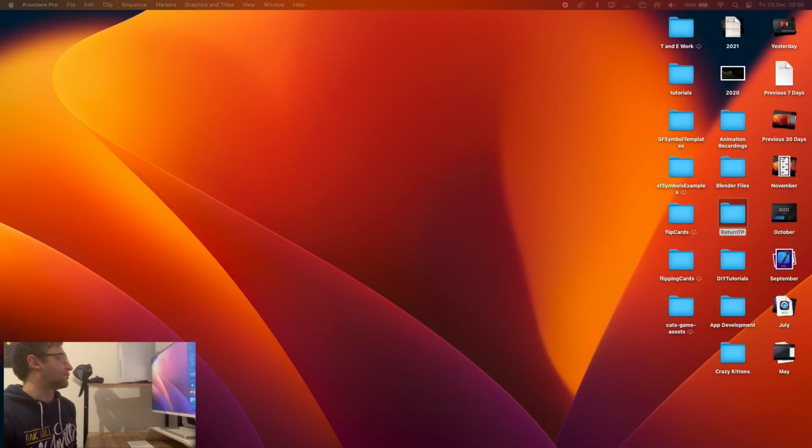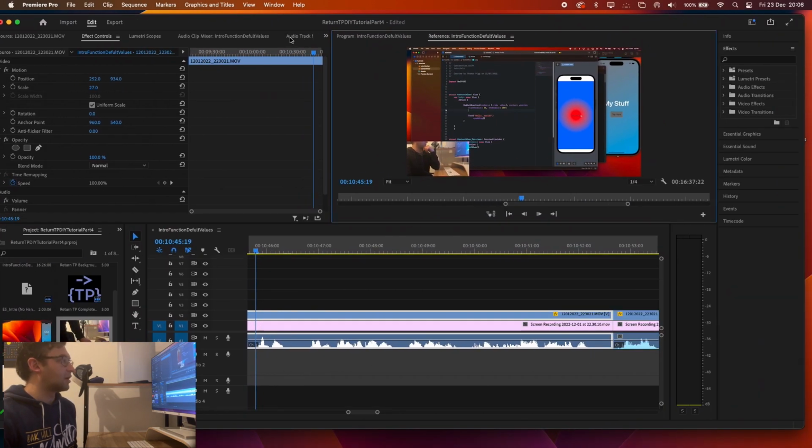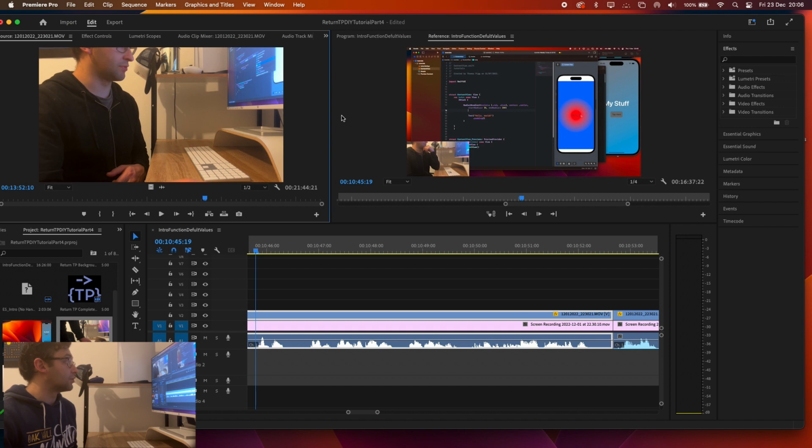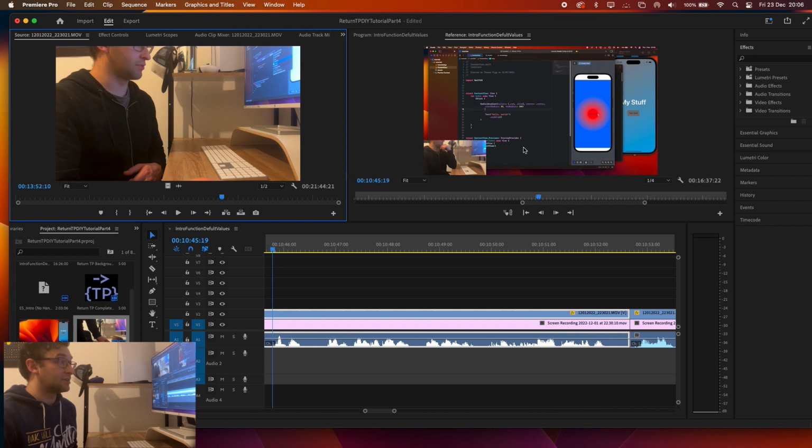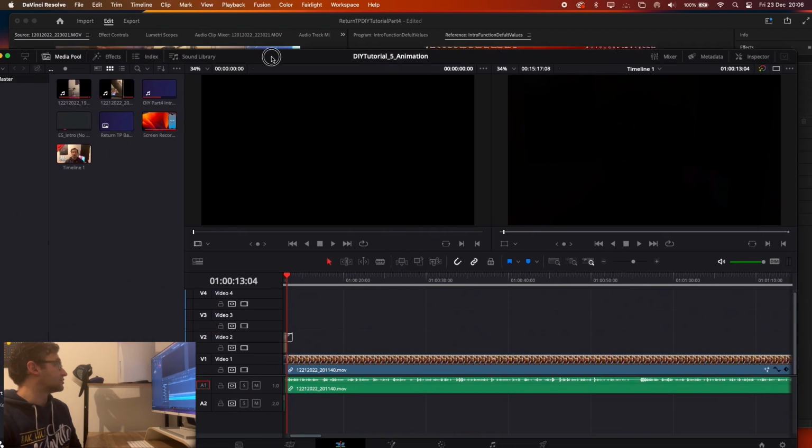So let's have a look, first of all, at the UI. And should I be ashamed of it? Maybe I should be ashamed of it. I'm going to say I find this intimidating. There is a lot going on. I've always found that since I started using it all the way up till now. I obviously know what everything does, most things, 90% of things. But it's just so much of it everywhere. And I'll be honest, I'm comfortable with it, but also kind of uncomfortable with it, actually, if I'm honest. However, DaVinci Resolve, I gotta say, it wins on the UI front because